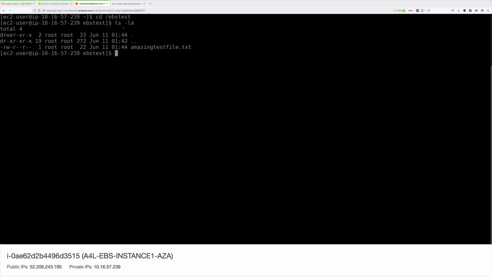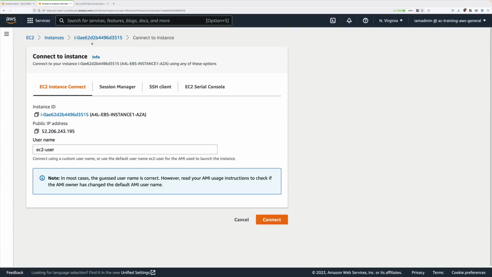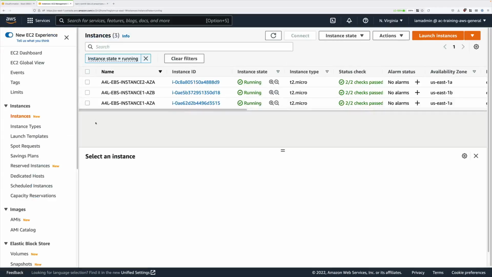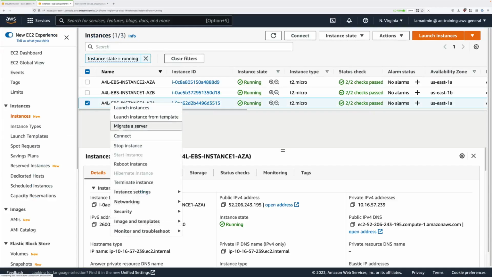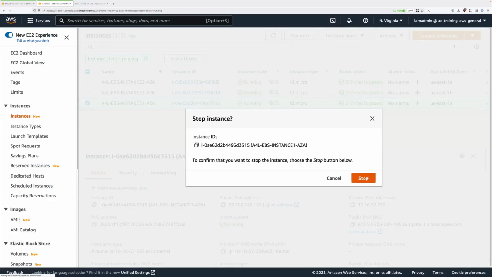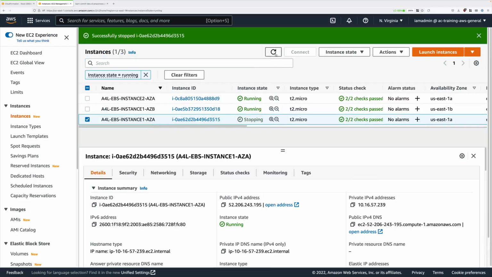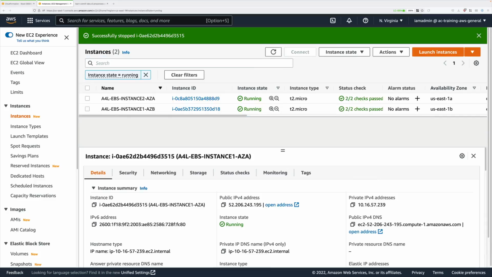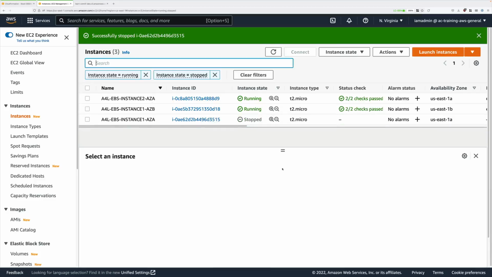So close down this tab, click on Instances, right-click on instance1-aza, and then select Stop Instance. You'll need to confirm it, refresh that and wait for it to move into a stopped state. Once it has stopped,